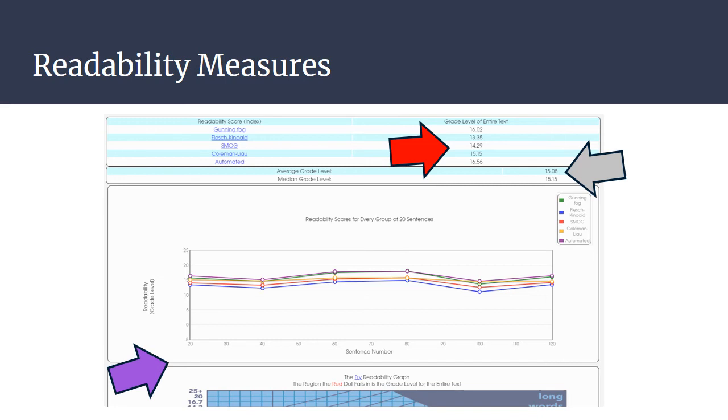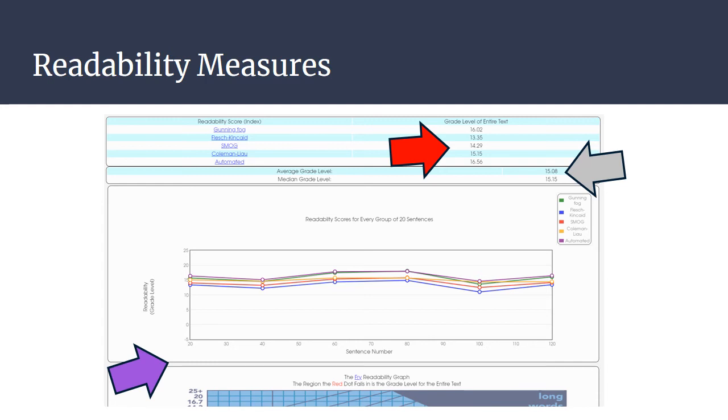And really all they do is compare your word length and your sentence length. And the longer your words and the longer your sentences, chances are the harder it is to read and understand what you're writing. So for me, it uses 5 different measures that almost all measure the same thing. And you can see that with the red arrow there.